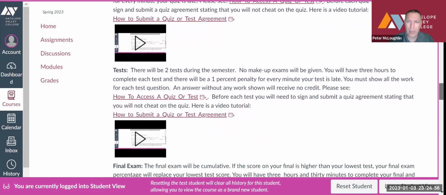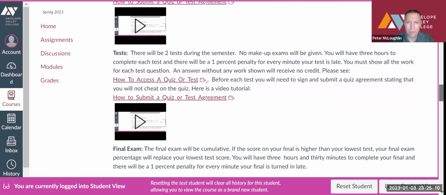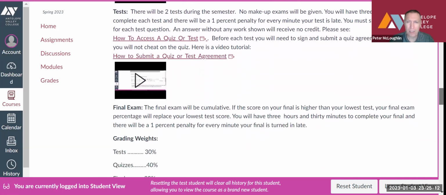And there'll be 2 exams. No makeup exams will be given. Okay, same thing, 1% penalty for every minute your exam's late. You'll have 2.5 to 3 hours on each exam. It'll be taken online. And then your final exam,